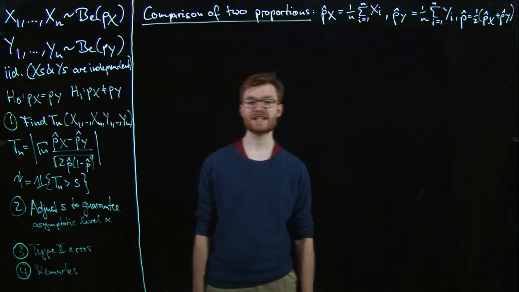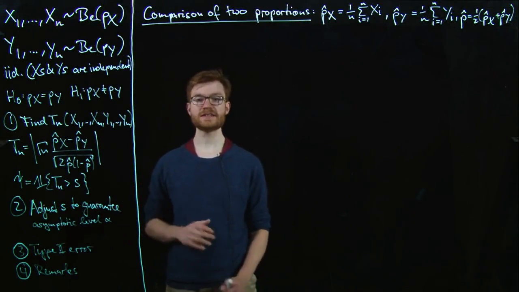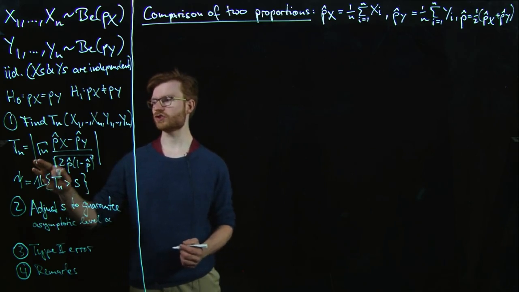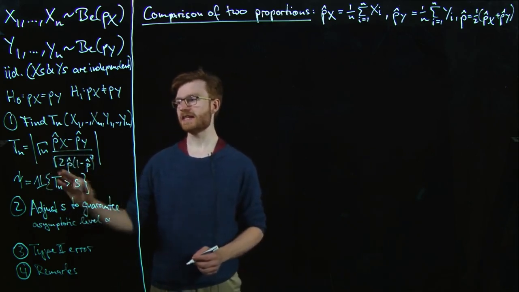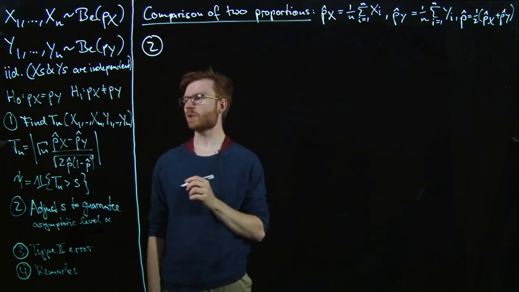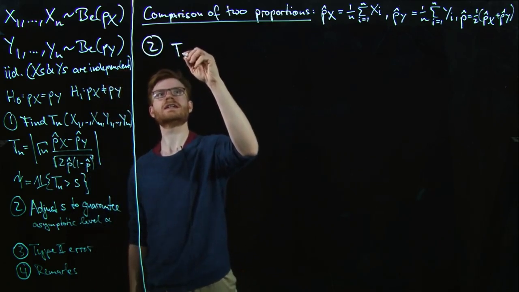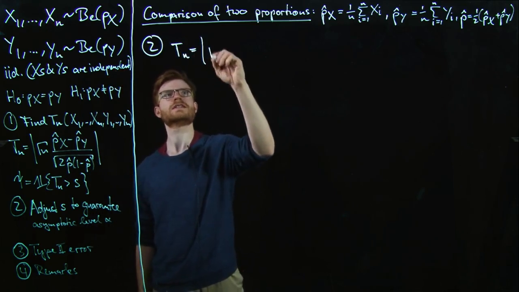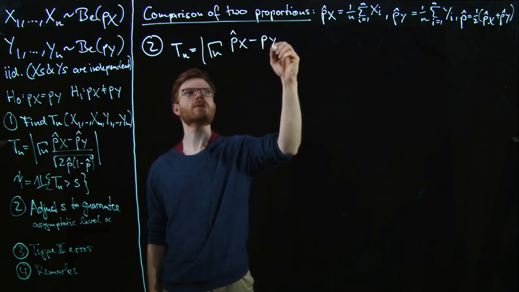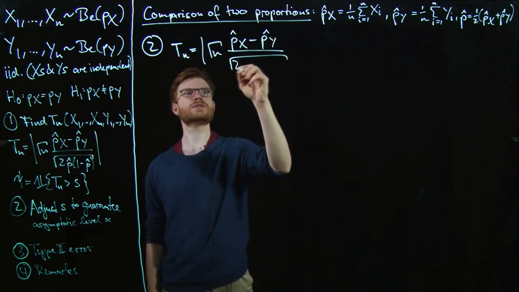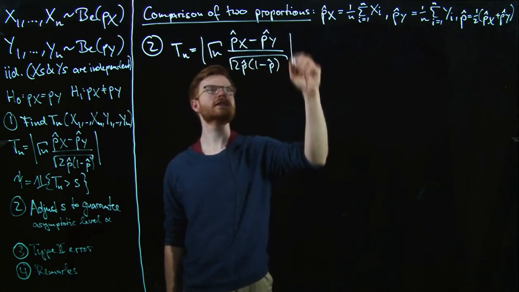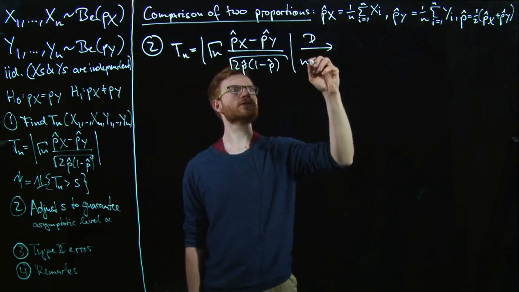Now we want to adjust the cutoff level S to guarantee that our test actually has asymptotic level alpha. For this, we explored what we just showed about the test statistic Tn, namely its asymptotic normality. So we've just seen that Tn, which is the absolute value of square root n times (px hat minus py hat), divided by square root of 2 p hat times 1 minus p hat, in distribution goes to standard normal